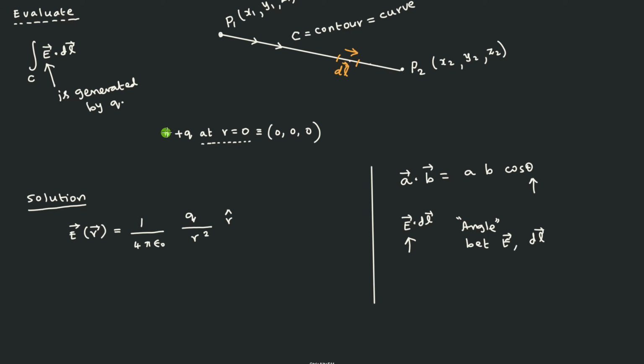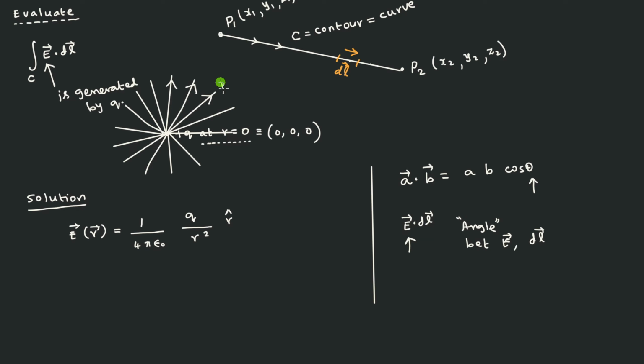Basically, the electric field will be spherically symmetric. That means it is supposed to be along the circle. If you consider a circle and everywhere around the circle you draw a radius, it will look like this. So this is a symmetric field, and this is the direction of the electric field of a point charge. At any point, the direction of the electric field will be pointing along the outward radius.